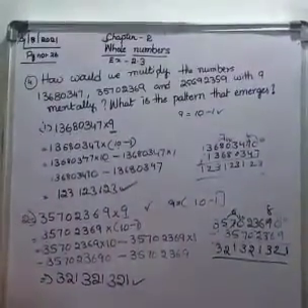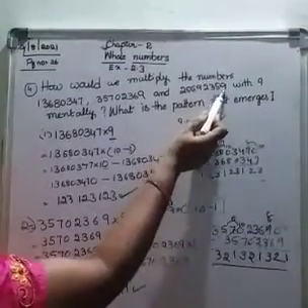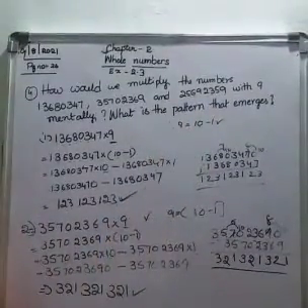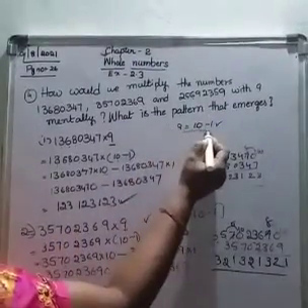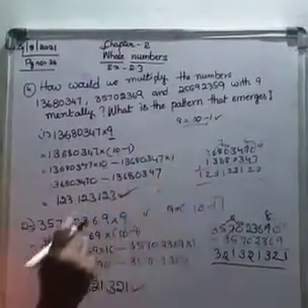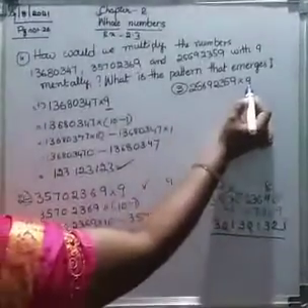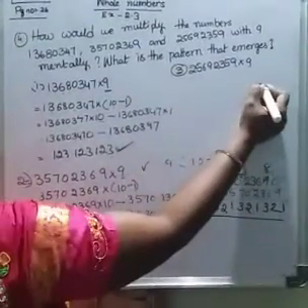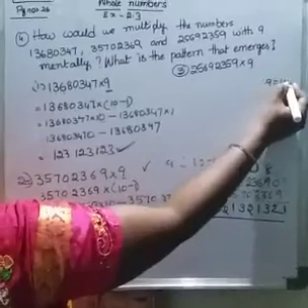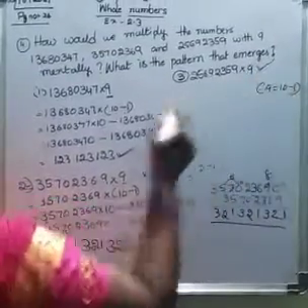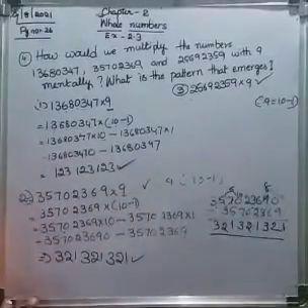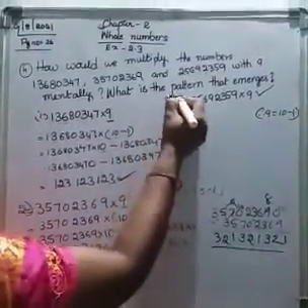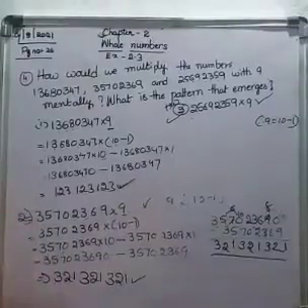Next, the third one: 92359 into 9. That also, 9 equals 10 minus 1. Which is the place of 9? You have to write 10 minus 1. This number is also multiplied by 9. Write this problem in your homework book, the third one. Complete our exercise 2.3. This is the homework. Everyone do your homework regularly.